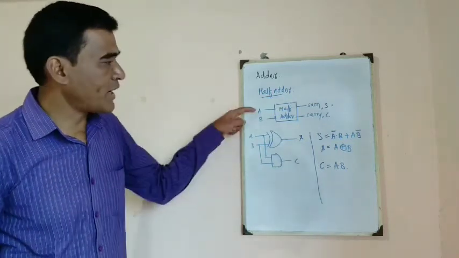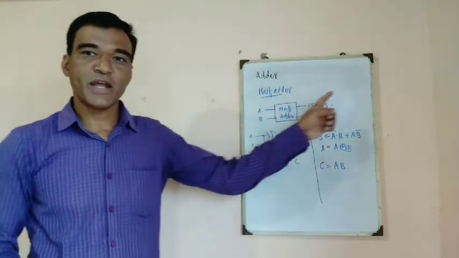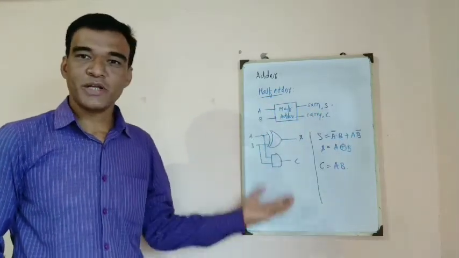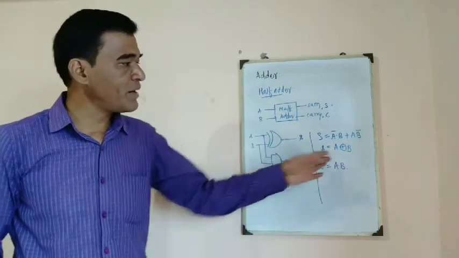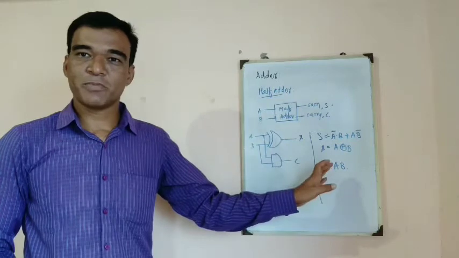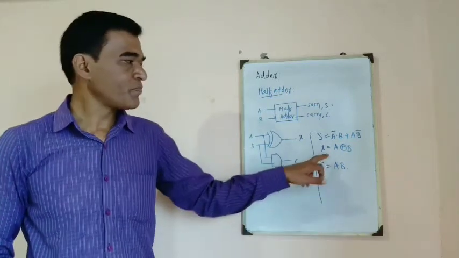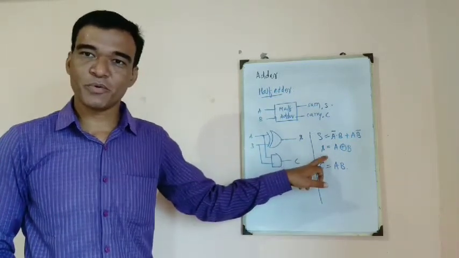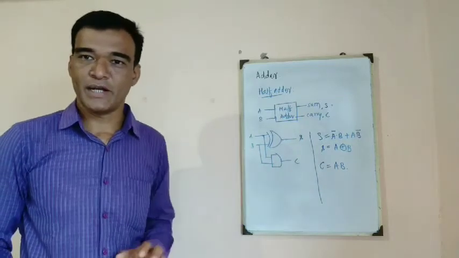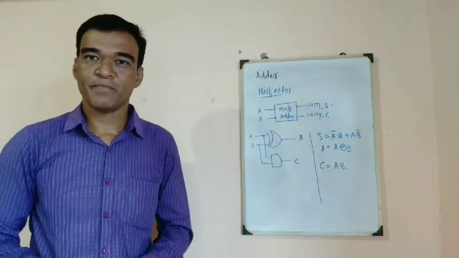Observe that half adder has only two inputs. It has two outputs, sum and carry. Depending upon the inputs, we need to write the truth table. From truth table, find out the expression for sum and carry, that is expression for the output variables. Once we get the expression for output variables, we can easily implement by using the gates we have studied. This is all about the half adder.